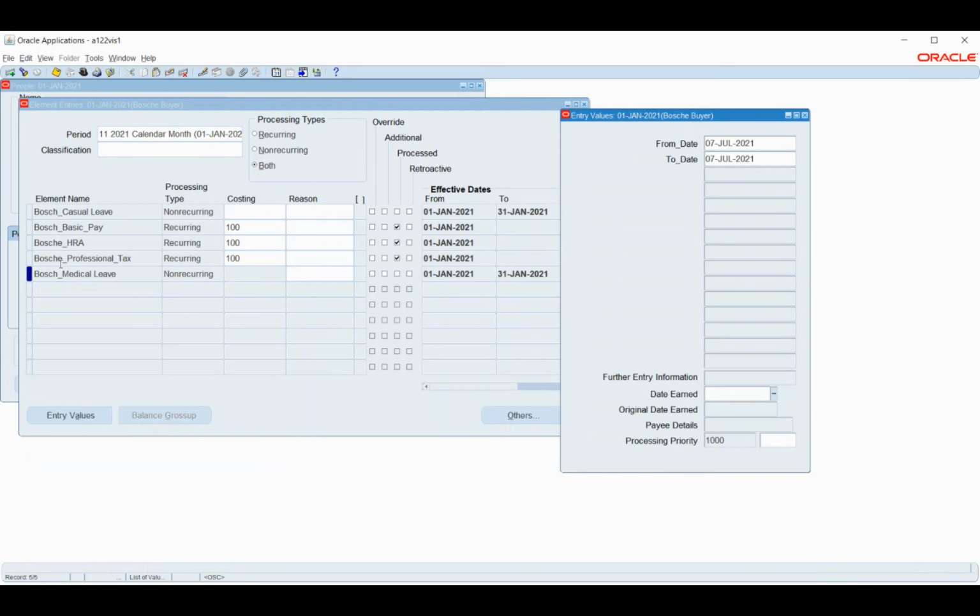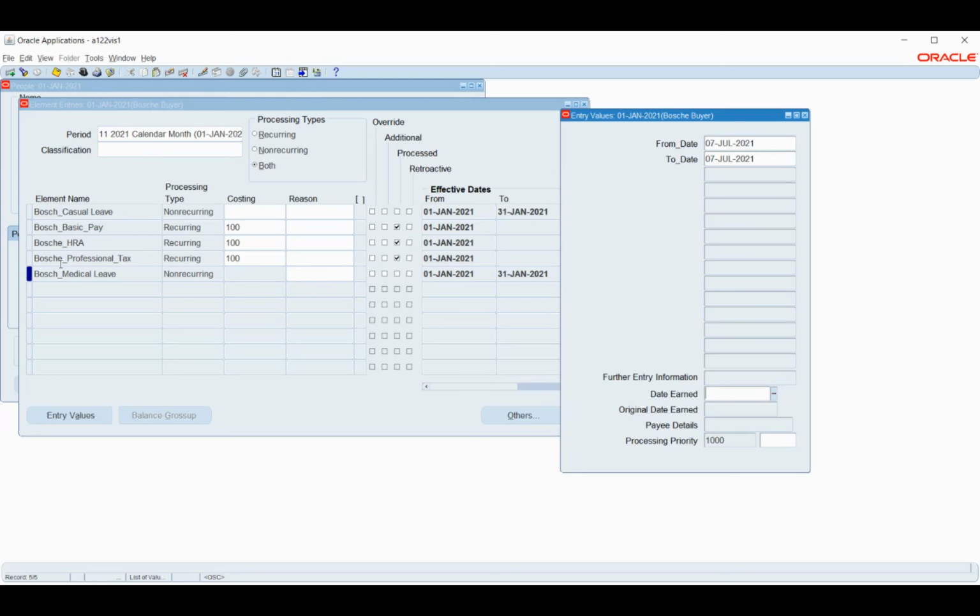So this will trigger a workflow. So what exactly is a workflow? If I want to have a leave, I should get approval from my manager. In order to process or get the approval, we have something called workflow, for which we will use the AME. AME is nothing but the approval management engine. Okay, so there we will do certain configuration.